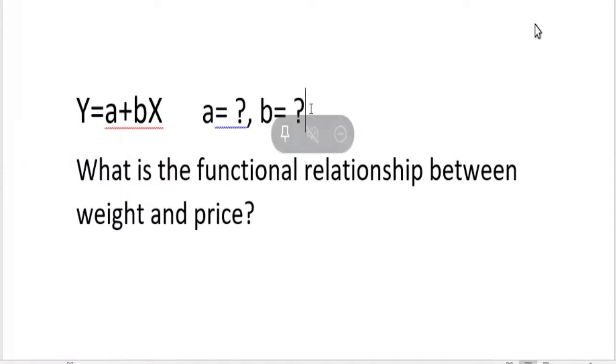Now, there is a simple rule in mathematics. And what is that simple rule? If you have two unknowns, you have to form two equations. If you have three unknowns, you have to form three equations. So, in short, as many unknowns as you have, that many equations you require. So we have two unknowns, unknown A and unknown B. That means that we have to form how many equations? We have to form two equations to solve it.